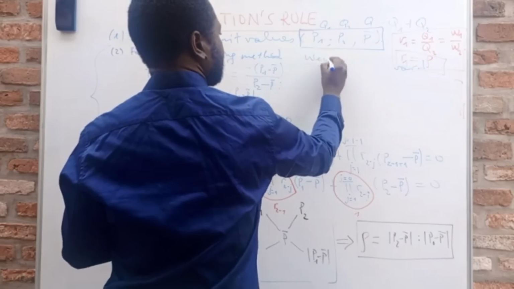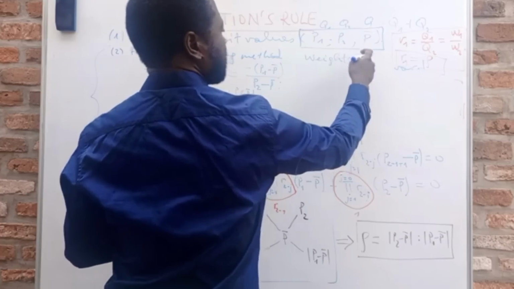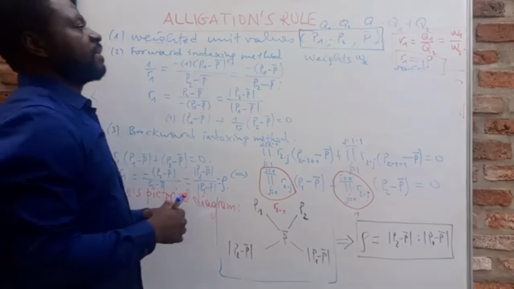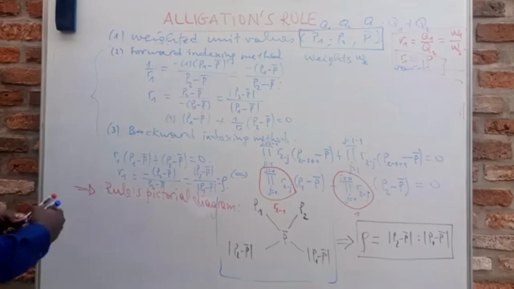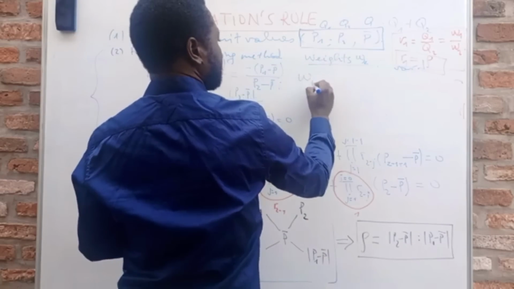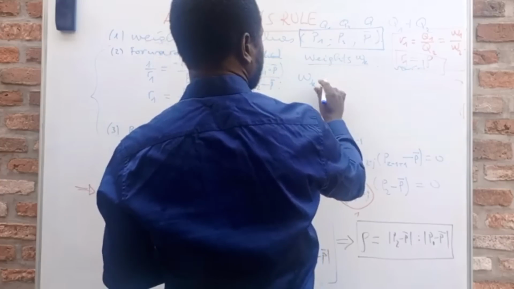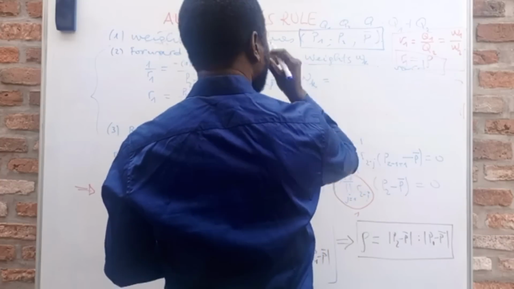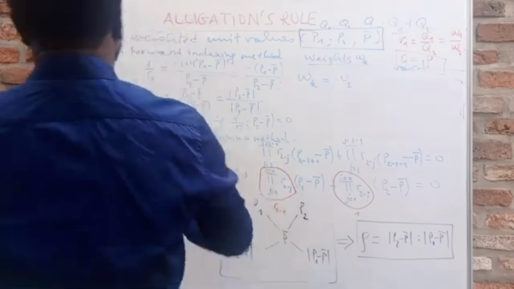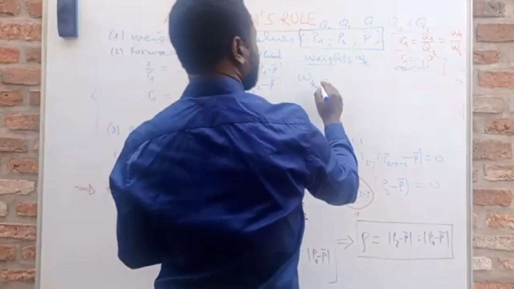The weights omega sub k are also ratios. So in the forward indexing method, the weights will be given by, okay, it will be expressed in terms of omega 1, or if we don't want omega, we want to express this in terms of ratios. So it will be equal to